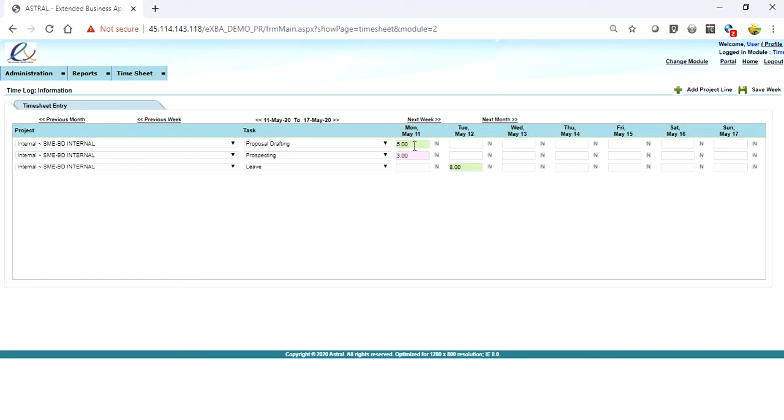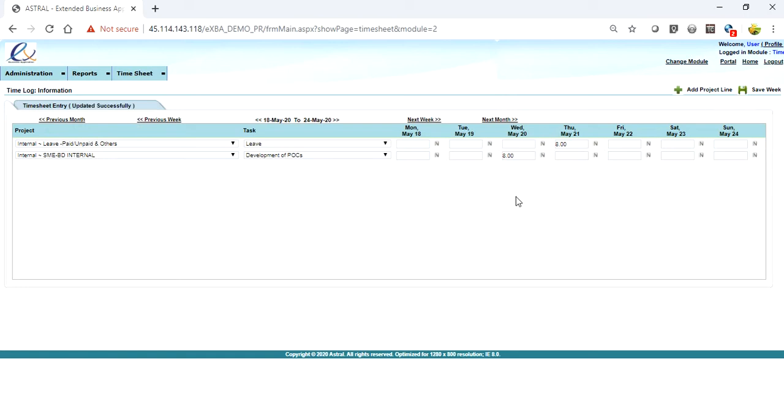This color coding is basically that when entries are approved by the approver, you will see green color with a tooltip of notes, and if he has rejected them, you will see purple color, and in a similar way other statuses will come in a different color. I will click on save week.